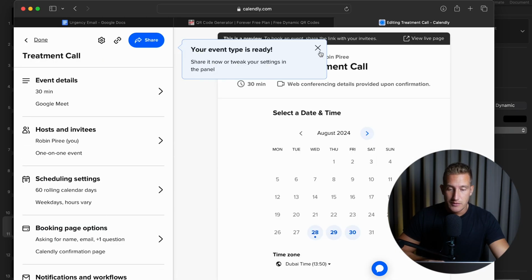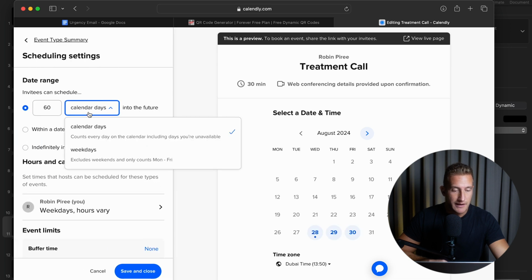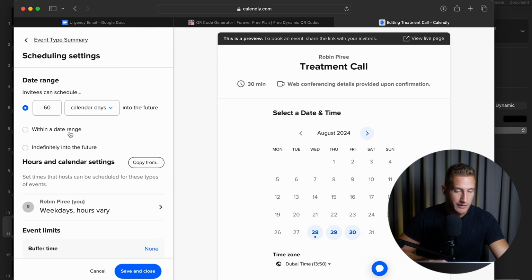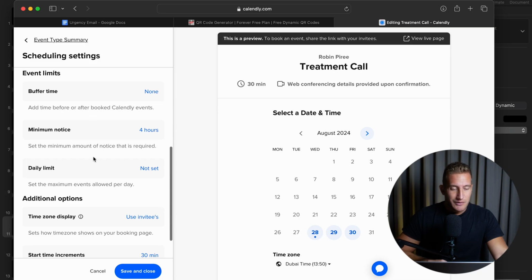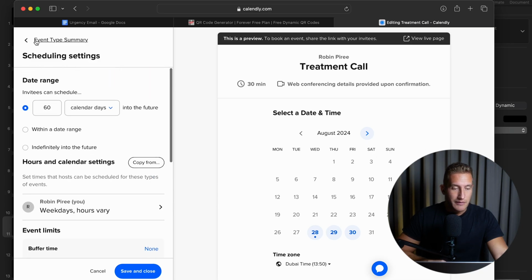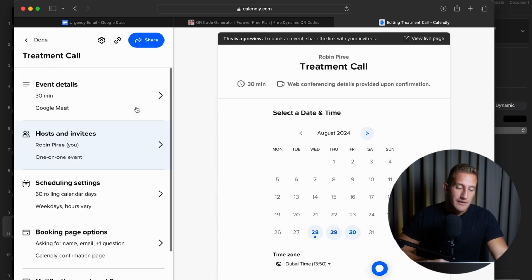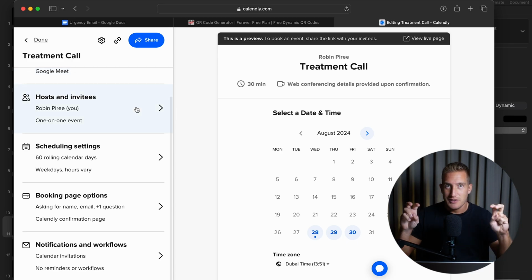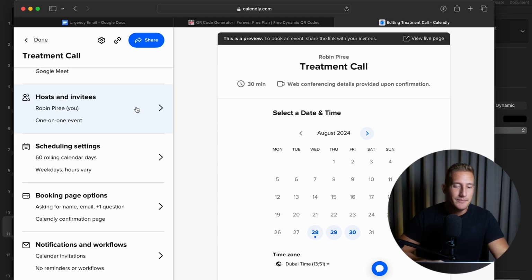And then this is what they will see when your availability is. You can give a 60-day calendar, or only during the weekdays, or within a specific date range. Hours. You can set up so many different things here. I think even if you have a Squarespace website, you can also add the possibility of a call, and you can create artificial scarcity. So it sort of creates gaps in your calendar to make it look like you are very busy, although it might not be the actual case. But yeah, you can set this up, and this is what they will see.